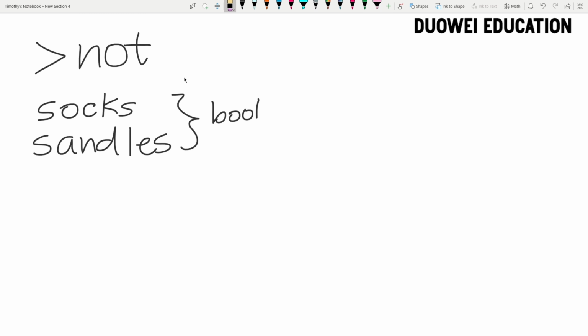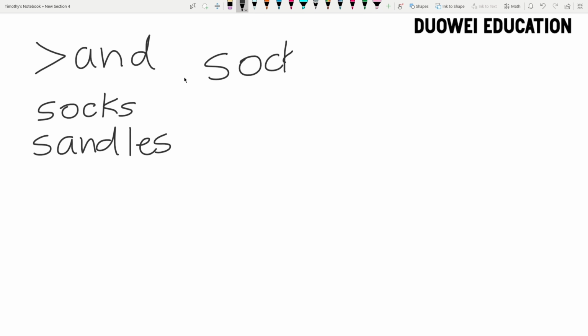The next one we have is and. Now this one's a very important one. The last two are very, very important. And essentially what the and keyword is, and this is a Boolean operator, is it basically says this. So if we have socks, and let me write that a little bigger and erase this bool. We know that this is going to be a Boolean operator. If we have the expression socks and sandals,